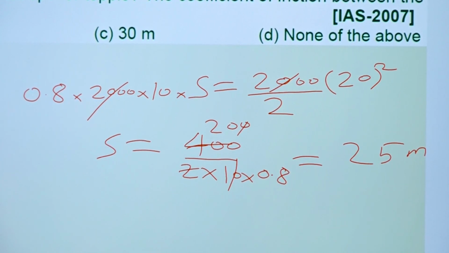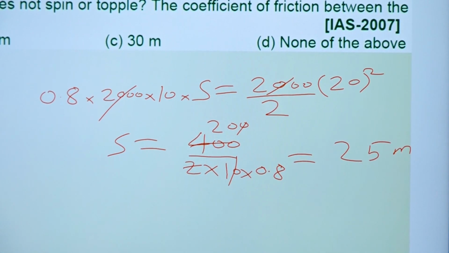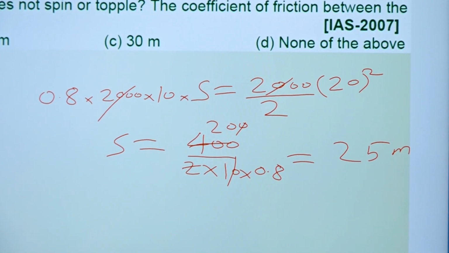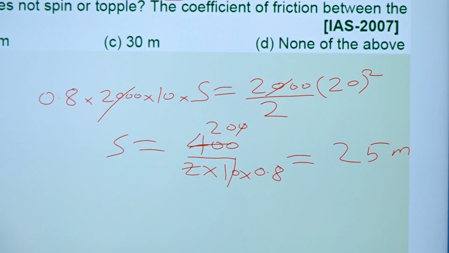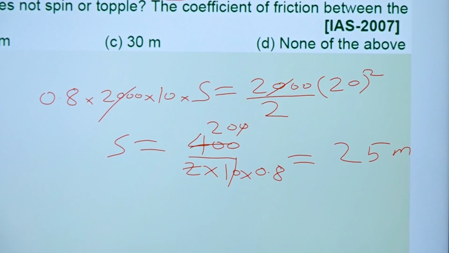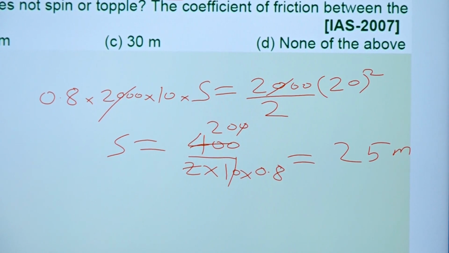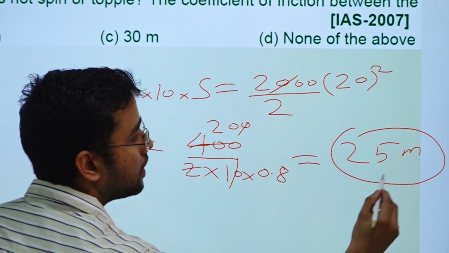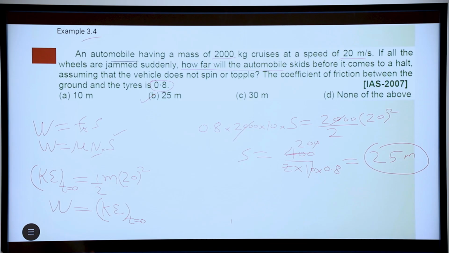So that's why whenever we apply brake, we cannot stop the vehicle immediately. It is not a property of the vehicle, it is a property of the surface and vehicle contact, right? If your surface is smooth, maybe you have a BMW, it won't stop, right? If the surface has a lot of friction, you may have any type of vehicle and it will stop. So it will not depend upon the braking itself. It will depend upon the contact between the automobile and the surface, right? So that is more important. Anyway, the answer is 25 meter, right? So now let us move to the next question.